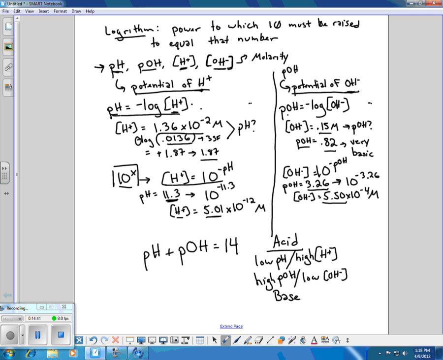When we're talking about something that's a base, we're talking about something that has a high pH, which equates to a low H+ concentration. Because remember, we're talking about logarithms, so the relationship isn't exactly linear. When we're talking about something with a low pOH, we're actually talking about something with a very high